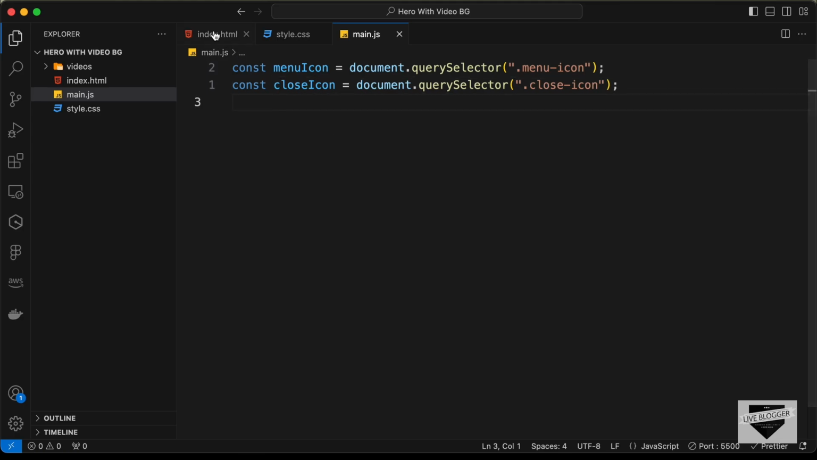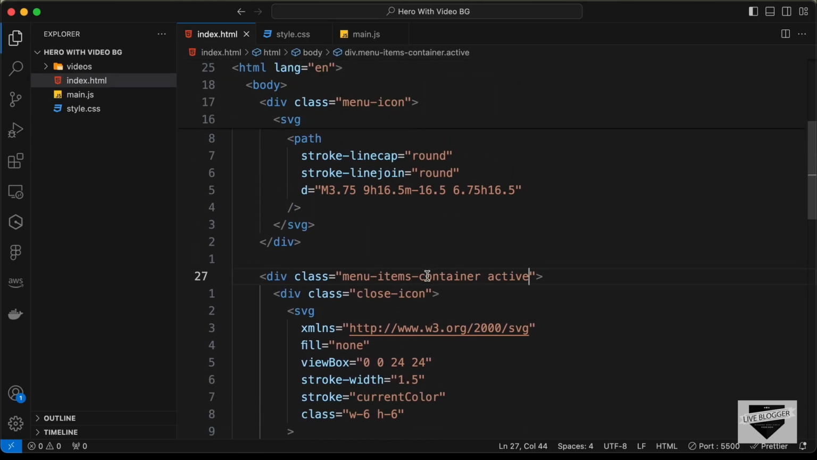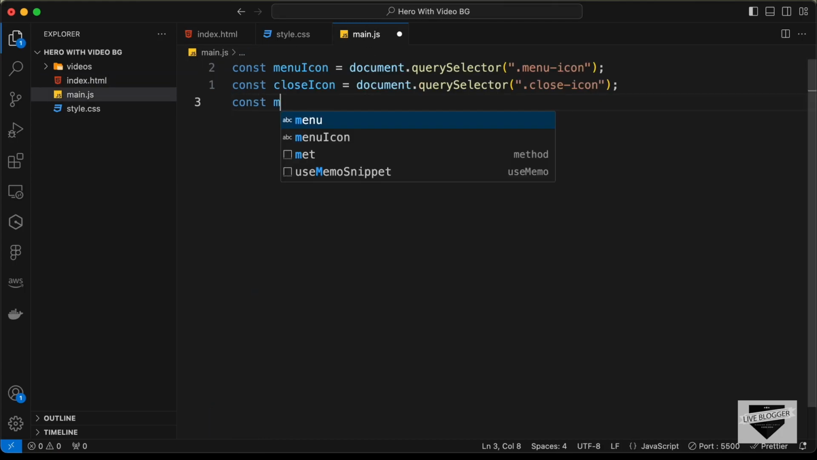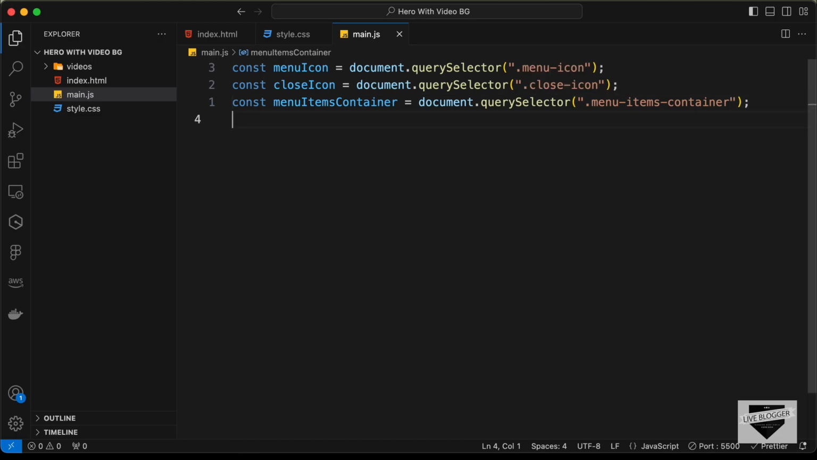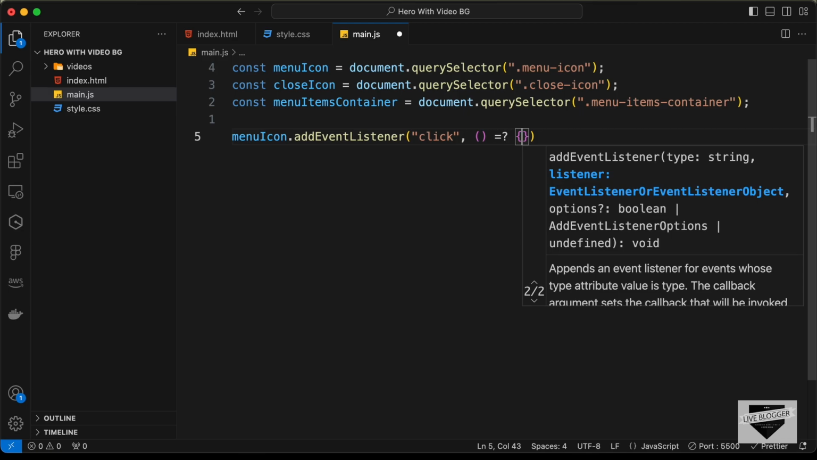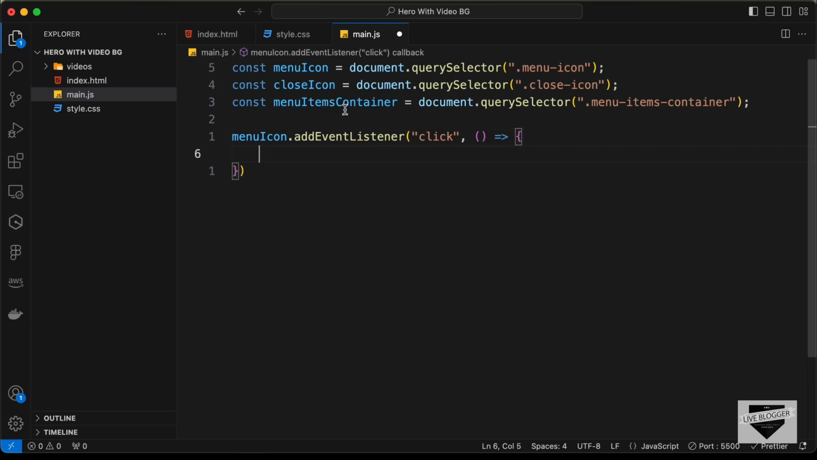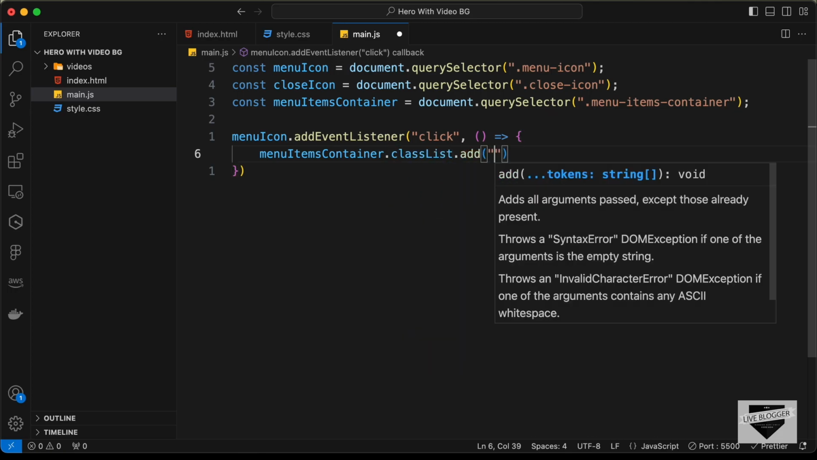Now we need to add and remove the class active to this menu items container. So first of all, I'll just remove the active class from here, and let's target this menu items container. So let's type const menu items container equals document.querySelector menu items container. And let's add an event listener to this menu icon. So let's type menu icon dot addEventListener, click, and when we click on the menu icon, we need to add the active class to the menu items container. So let's type menu items container dot classList dot add active,